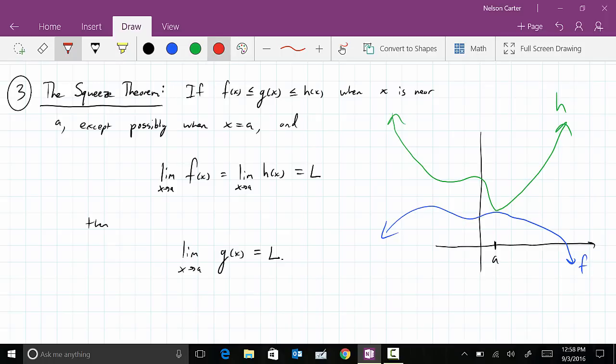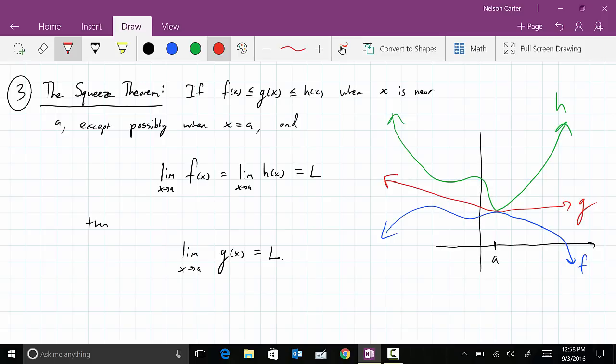And if you have some function that's always in the middle, then it turns out that the limits of